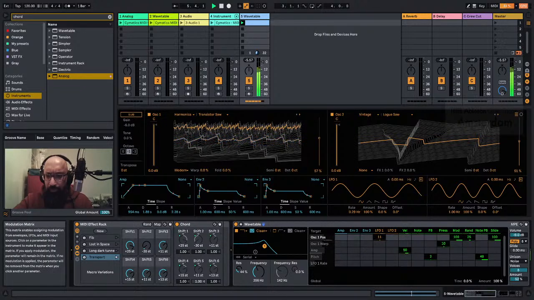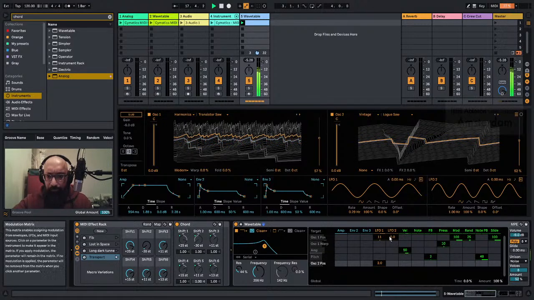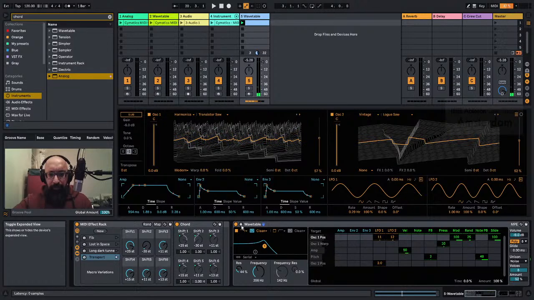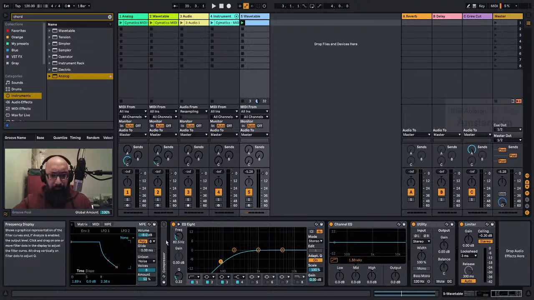Add a bit of random. And then position 2. I think I'd rather do that. There we have it, some sort of really weird, wacky drone that you can then